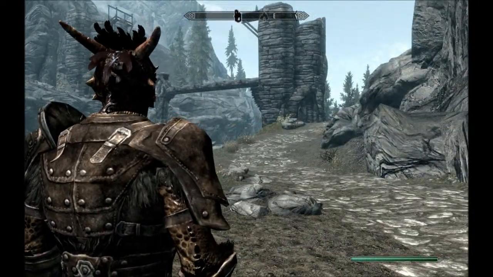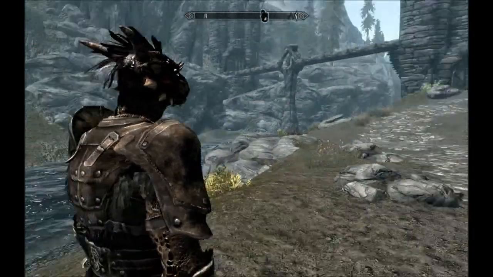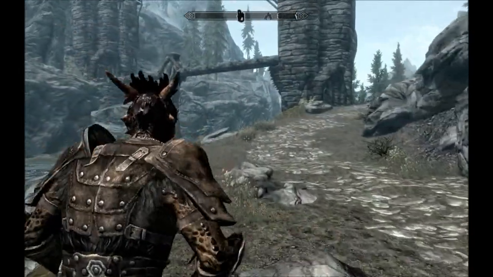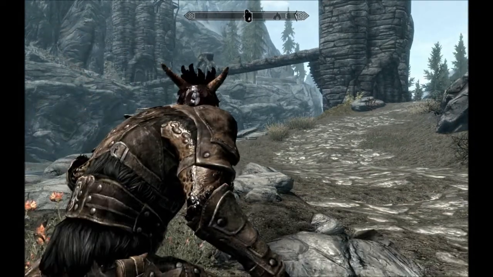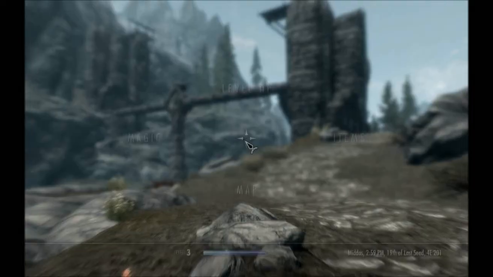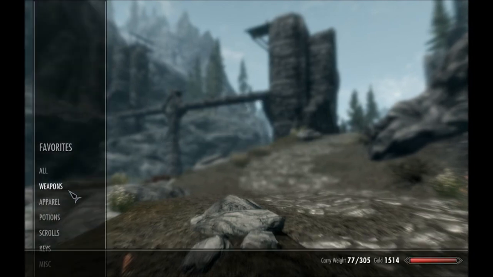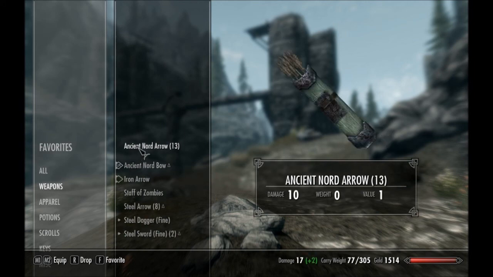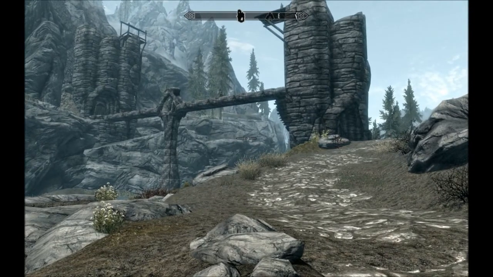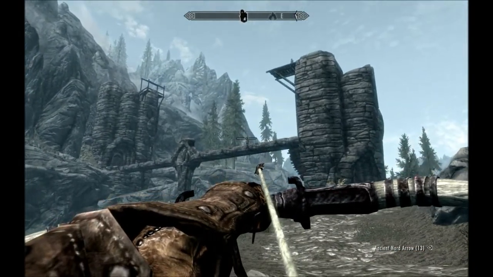Now when you follow the road to this point, there's an excellent chance that you're going to hit a bandit encampment, and we have one right here. This tower is full of bandits. I'm going to see what I can do about actually using arrows. I haven't done much with arrows, but